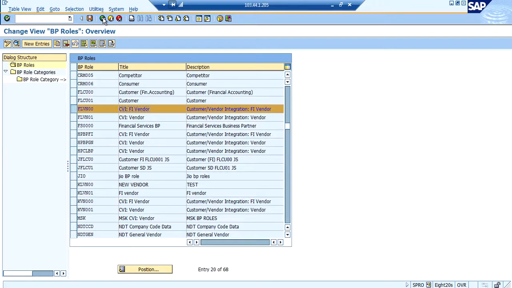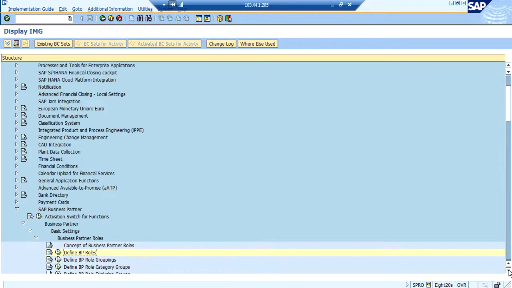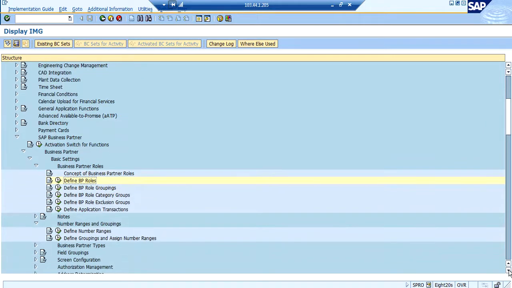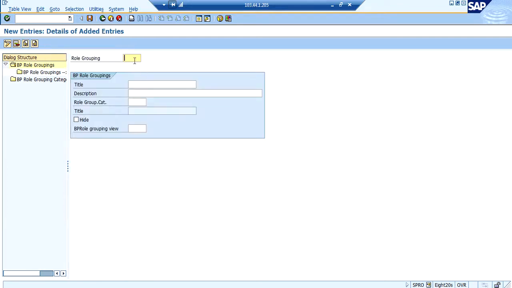So now once this is done, then one has to group different roles. Here I am creating a similar naming convention, ZPGE. Title ZPGE.